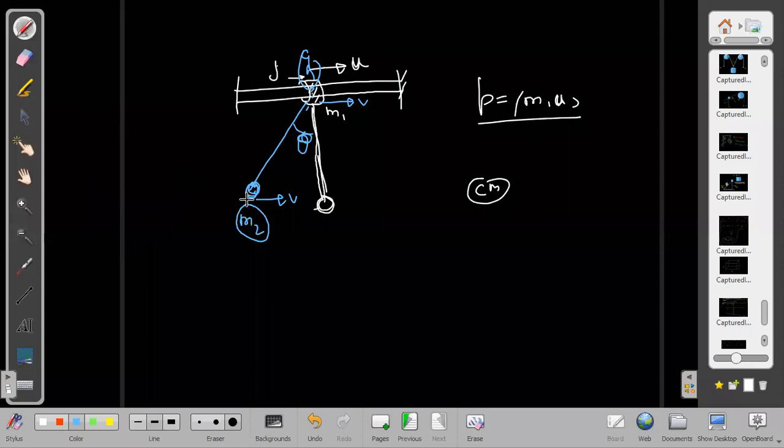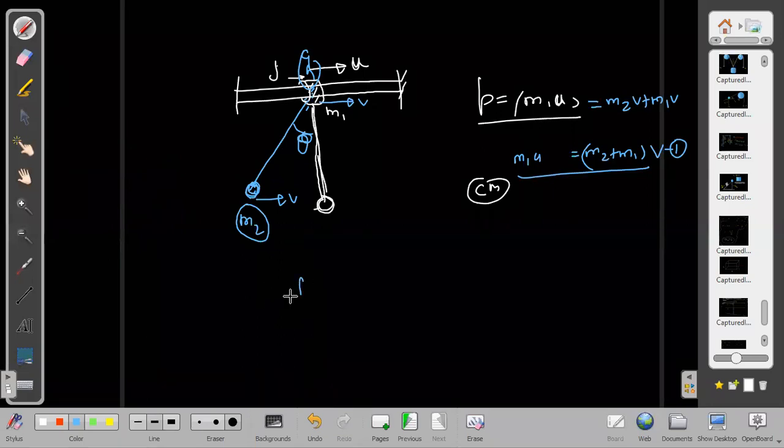Yes, sir. If m2 is at rest with respect to m1 at that moment, then I can also say that the velocity of m2 in the horizontal direction and the velocity of m1 in the horizontal direction at that point will be the same. So I can write this equation as m2 into v plus m1 into v, so (m2 plus m1) into v is equal to m1 into u. We are getting v from here, the final speed when it is attaining maximum height.